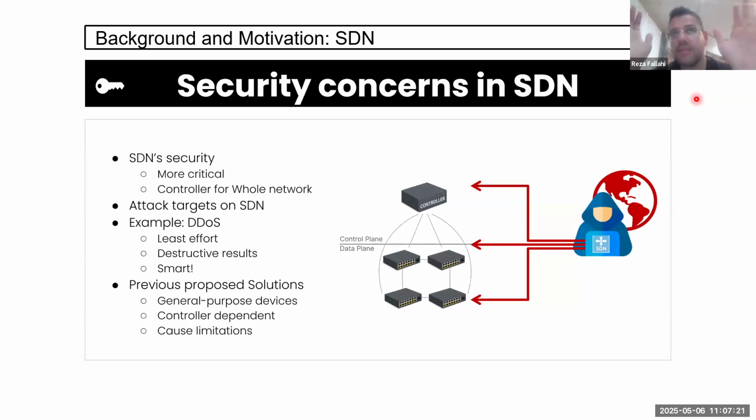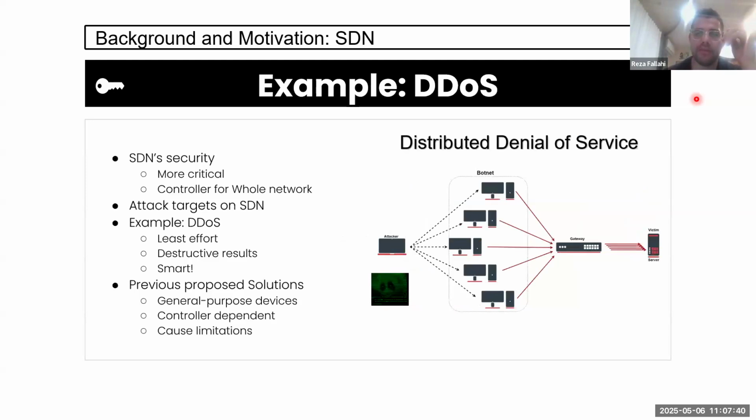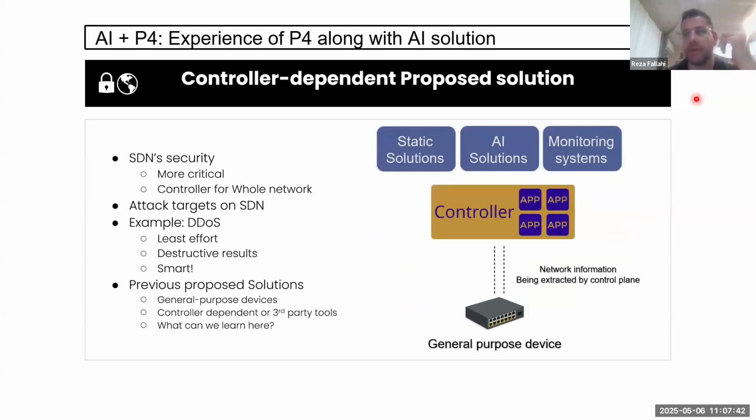And I'm not going to say that this will result in a single point of failure inside the network, but since we have a cluster of the controllers, it can be causing serious problems for, let's say, a big portion of the network. So this is the main problem here.